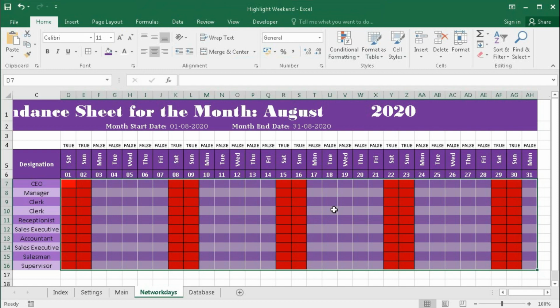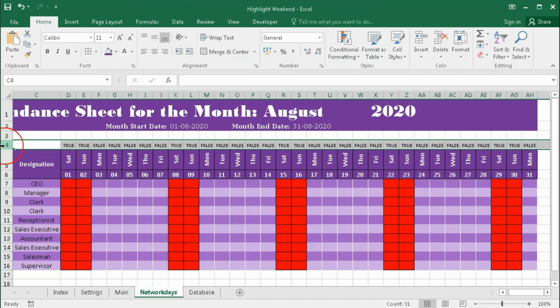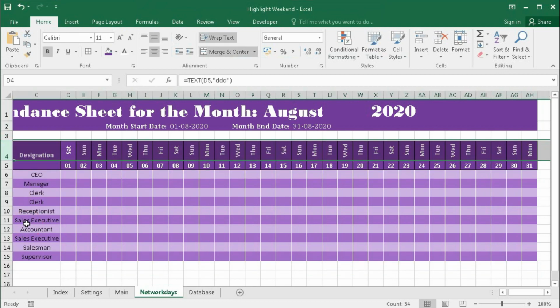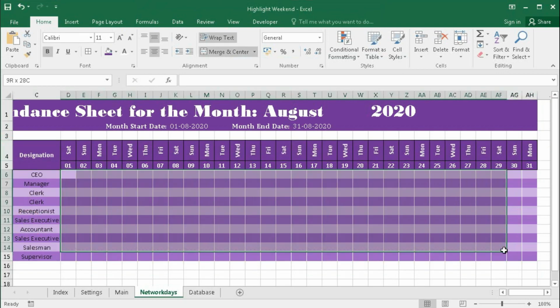But if we do not use this helper row, then how can we do this?